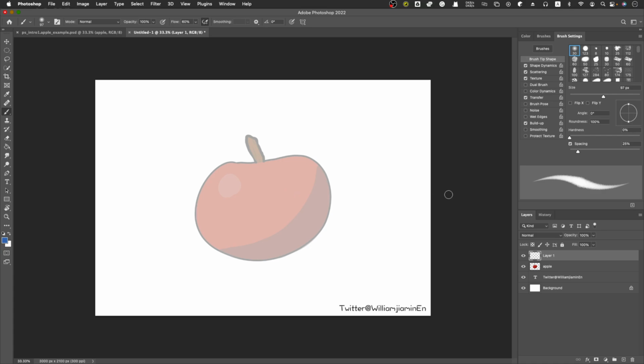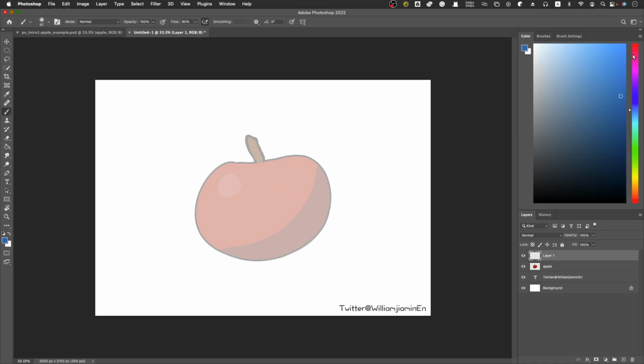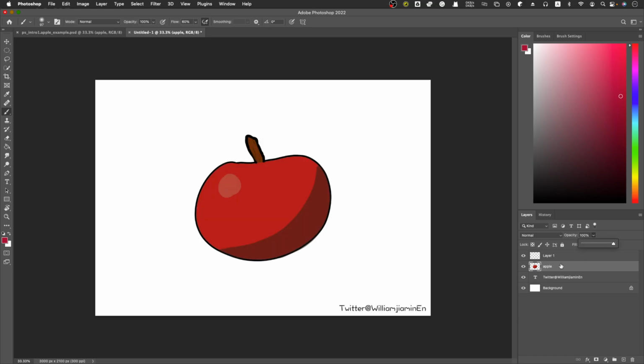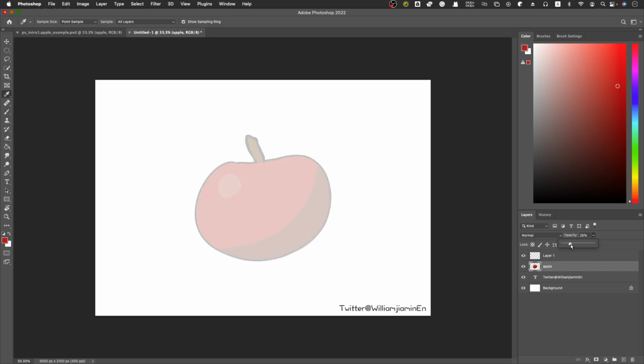Okay, and we can change the color as well. Let me just get the exact color. Okay, opacity, let's just get this color. You can use the eyedropper tool here, right? Or just press I, which automatically switches to it, and we can get this red. And before we change the layer, we can change the opacity, so we get a vague idea of where to put it. And we can use it,